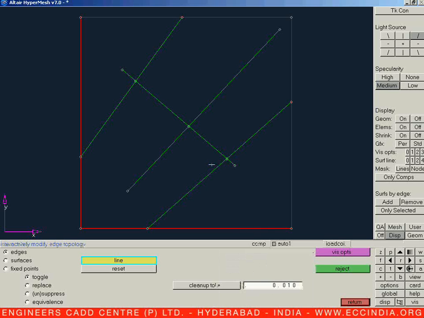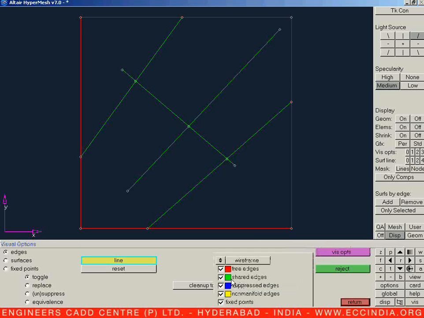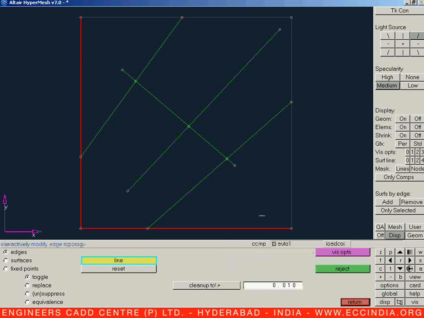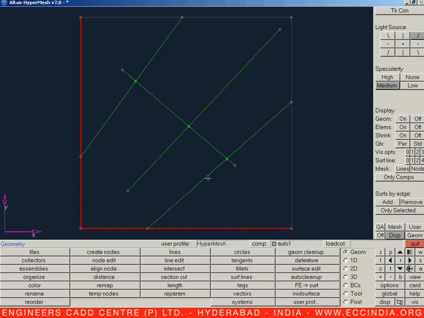Next is what exactly these green lines stand for. Over here we can see the green color indicated with the name shared edges. Shared edges stands for these edges whatever we are creating over here that are sharing with another surface.